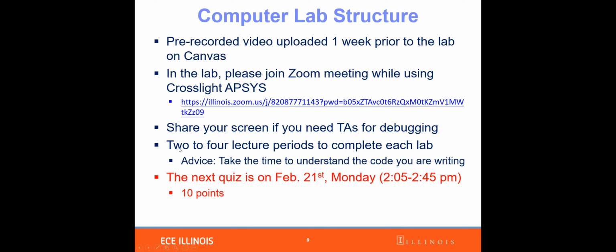Typically we have 3 or 4 computer labs, 3 to 4 lectures that we want to cover for the entire semester. Some of the labs are relatively easy, so we will use like 2 lecture periods to complete the lab. But some of the lectures might be a little bit difficult, so we might use like 4 computer labs or 4 lecture periods to cover